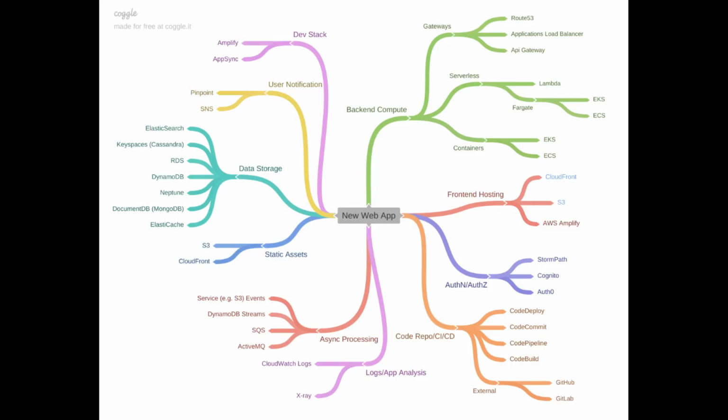So again, whenever you're creating a web application, think about async processing as well as synchronous processing. Async processing is becoming more and more important due to the sheer volume of usage on some of these